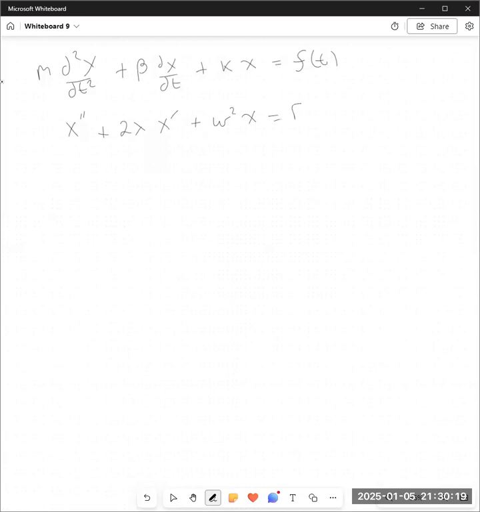In this video, we're going to talk about 5.1.3, which are spring mass systems with driven motion. These are going to be non-homogeneous linear differential equations when we are setting them up. It starts off looking like m d2x dt2 plus beta dx dt plus kx is equal to little f of t, and that's going to change into x double prime plus 2 lambda x prime plus omega squared x is equal to capital F of t